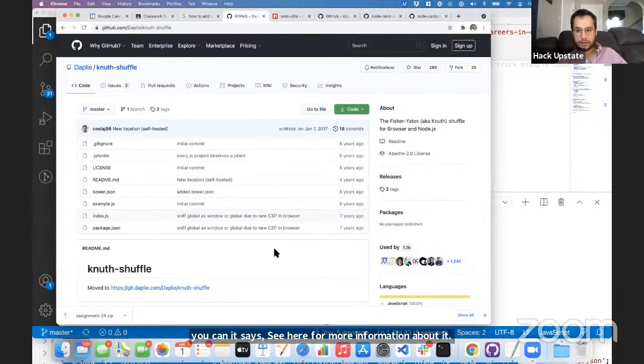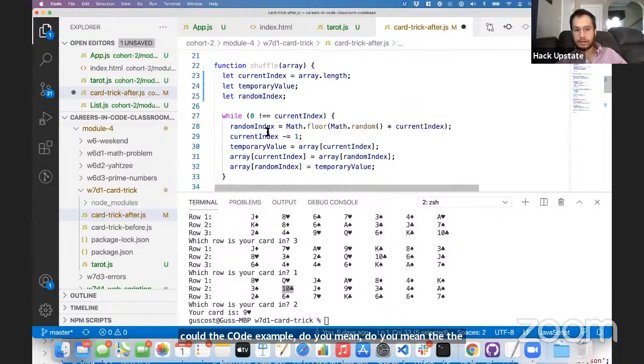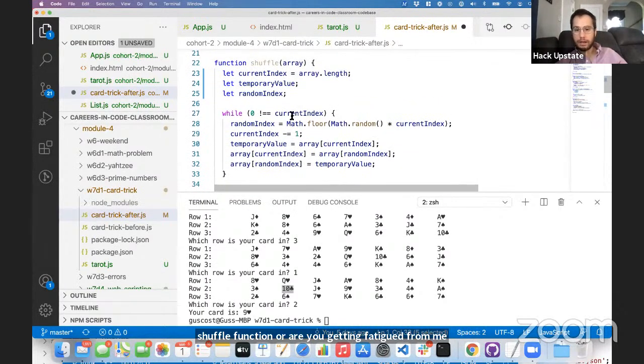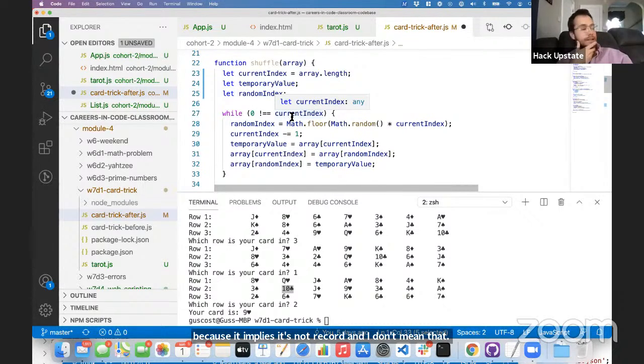Could the code example, do you mean the shuffle function, or are you getting fatigued from me bouncing around source code? I meant the stuff you're getting from a Codepedia source. You said there's a lot of nesting and it's really hard to pull apart, but could we take that code and, I don't want to say clean it up because it implies it's not good code, and I don't mean that, but is there a way to maybe, you know, not